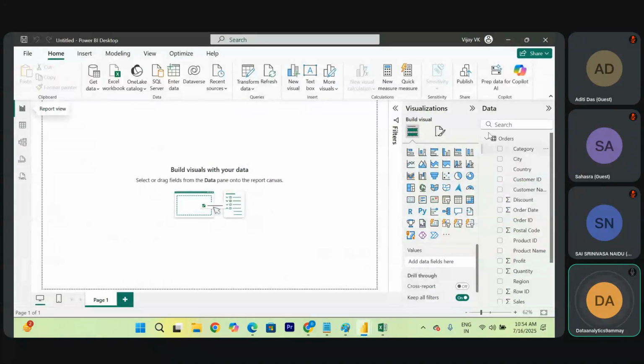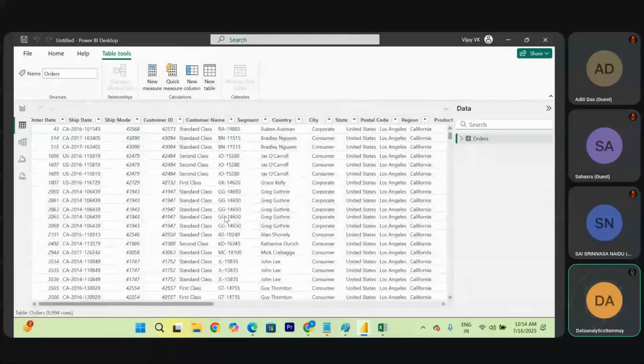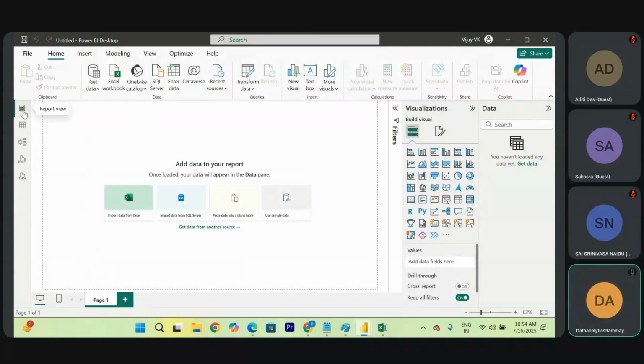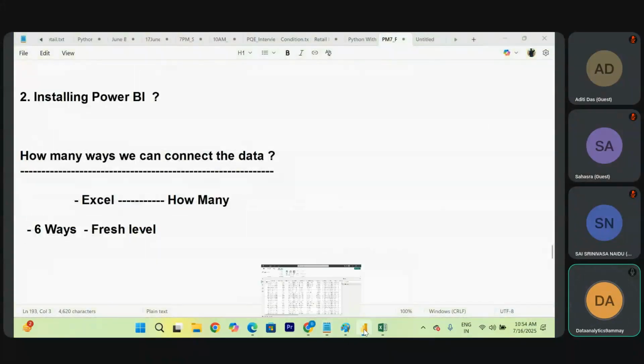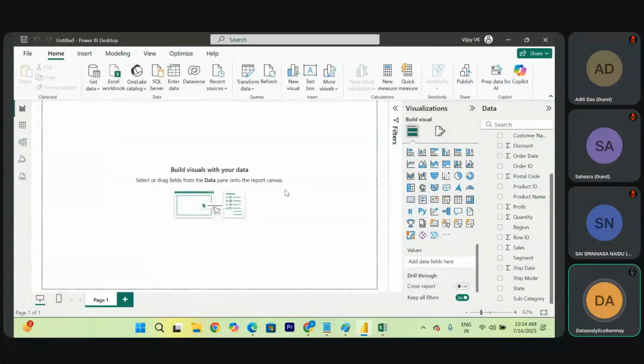So for example, these are all the columns under the data section that are coming up. And if you want to see the data, you can see it under the table view tab we used to call. The moment you go to the report view, this is the area. Now open Power BI. The moment you go to the report view, this is the canvas area where you can do the